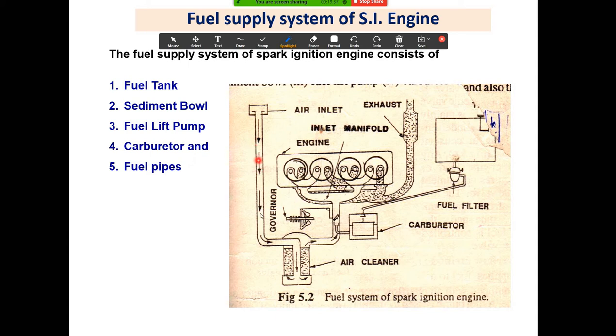So you can see here the air intake, your air inlet, that cleans the air in the air cleaner and it is supplied to the carburetor. Then one connection is given to the fuel tank, and that fuel comes to the carburetor, and it prepares the correct amount of the air and fuel mixture, and it is supplied to the intake manifold. Okay,